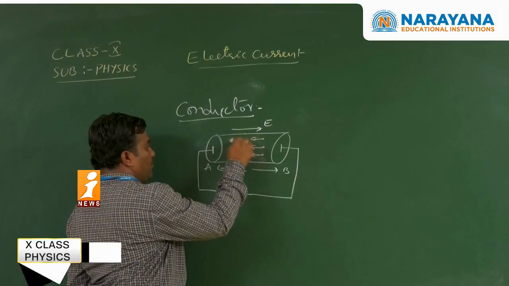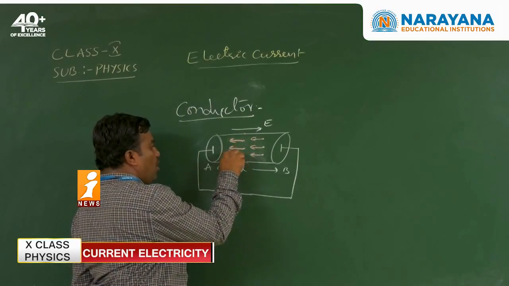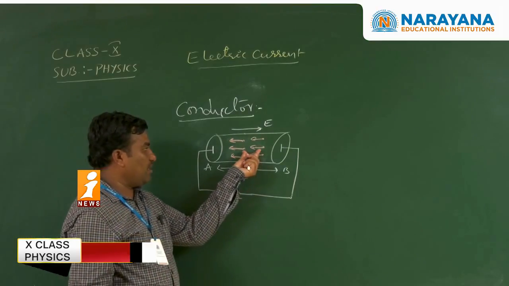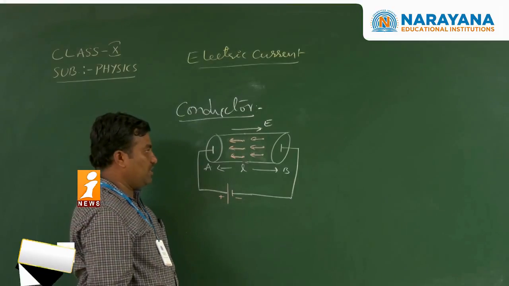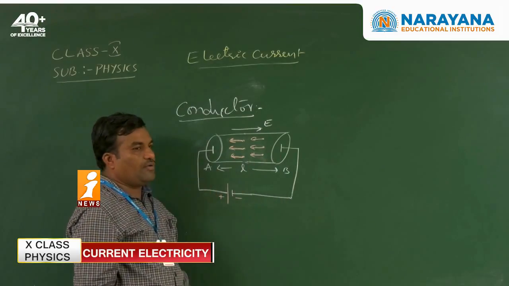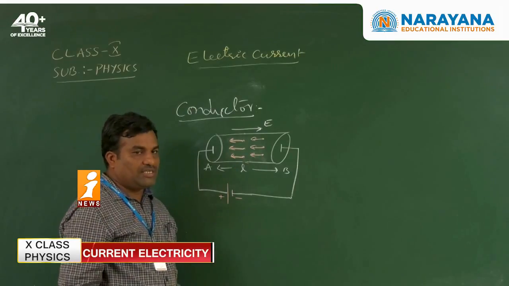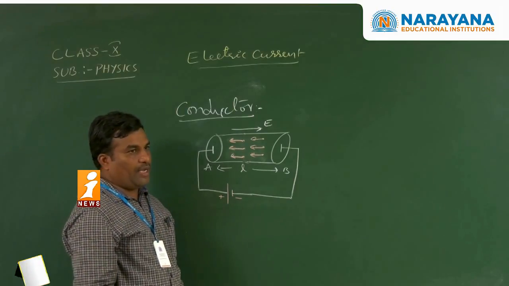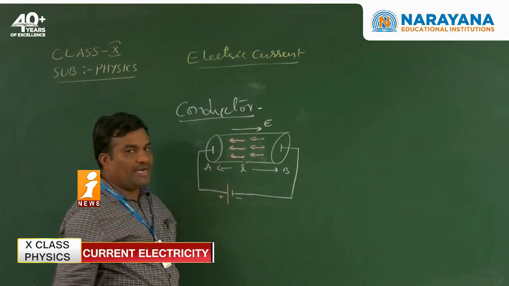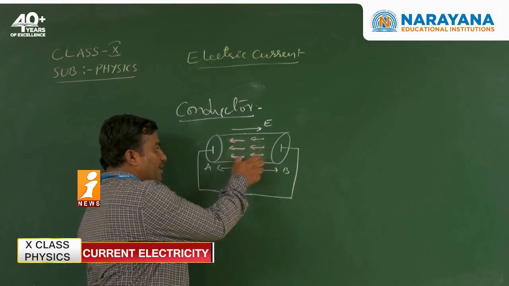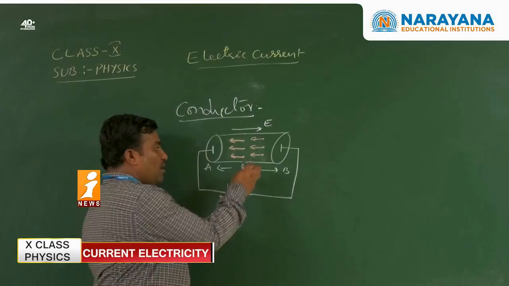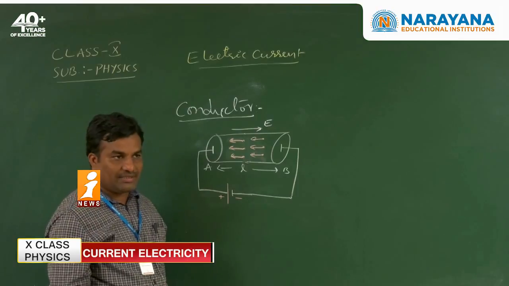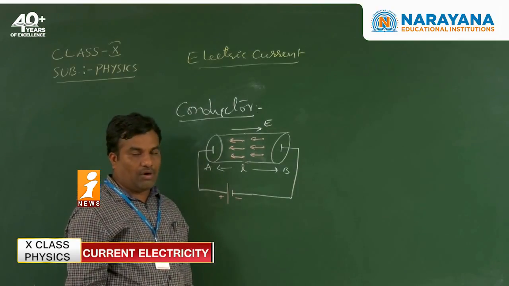From right to left. Always the electrons are moving opposite to the electric field direction. Due to the electric force acting on the free movement of charges, they maintain a specific direction, always opposite to the electric field direction. So when we apply the electric field across the conductor, it maintains a specific direction, and it is the order of motion.